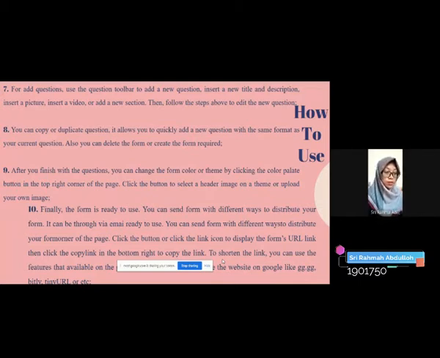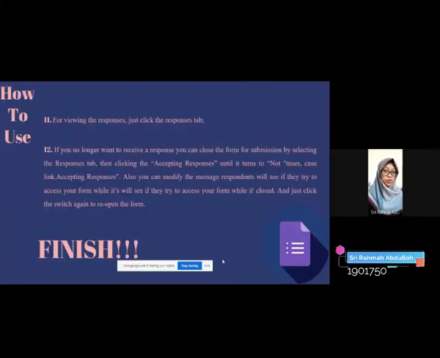For viewing the responses, just click the responses tab. If you no longer want to receive responses, you can close the form for submission by selecting the responses tab, then clicking the accepting responses until it's turned to not accepting responses. Also, you can modify the message respondents will see if they try to access your form while it's closed, and just click the switch again to reopen the form. Maybe it's enough